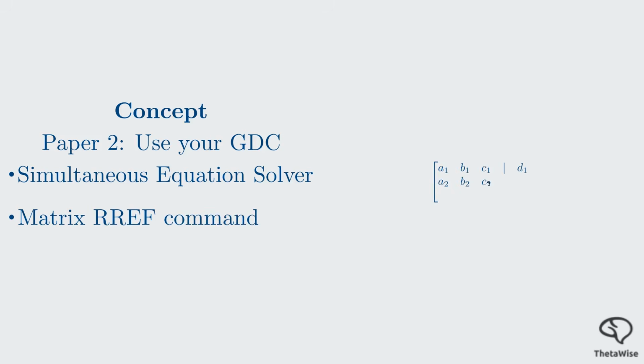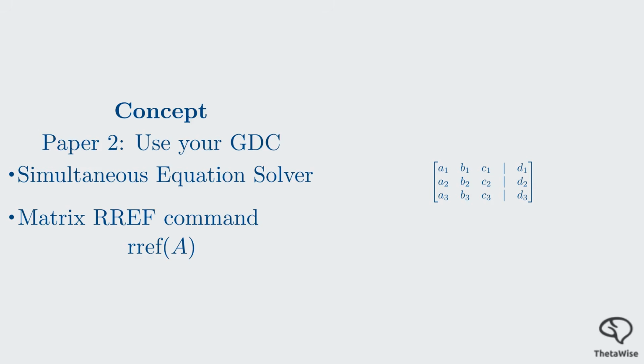The most direct way is using the simultaneous equation solver tool. You simply input the number of unknowns, in this case 3, and enter the coefficients and constants directly into the grid. Alternatively, you can define the augmented matrix as matrix A in your calculator. By using the RREF command, which stands for Reduced Row Echelon Form, the calculator will perform all the row operations